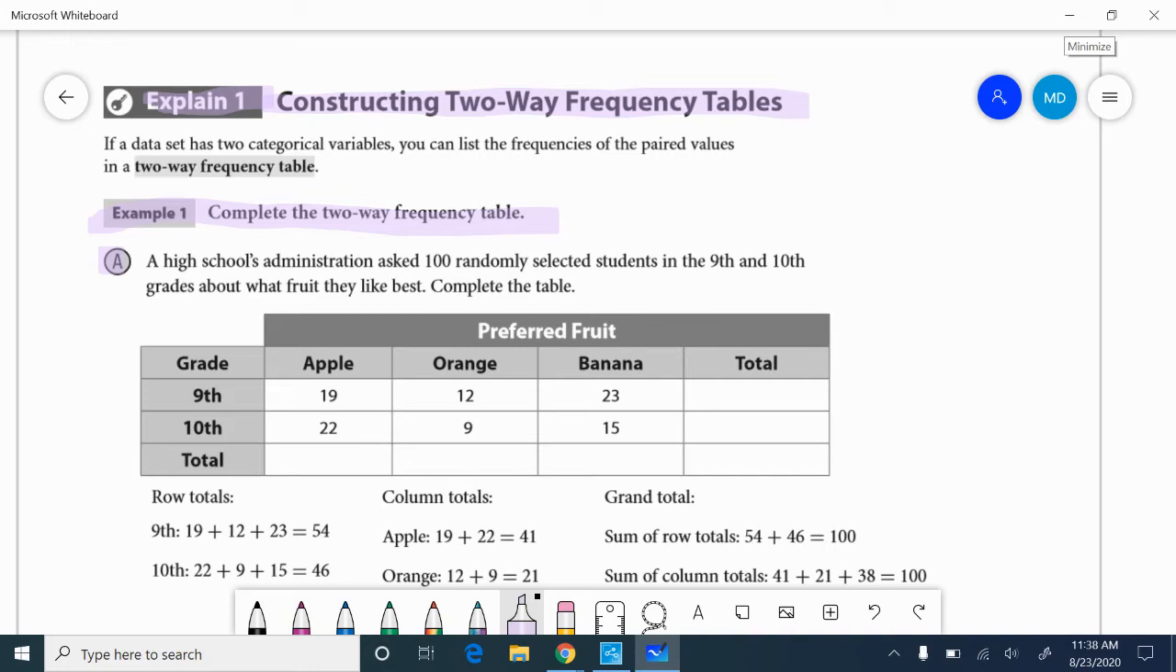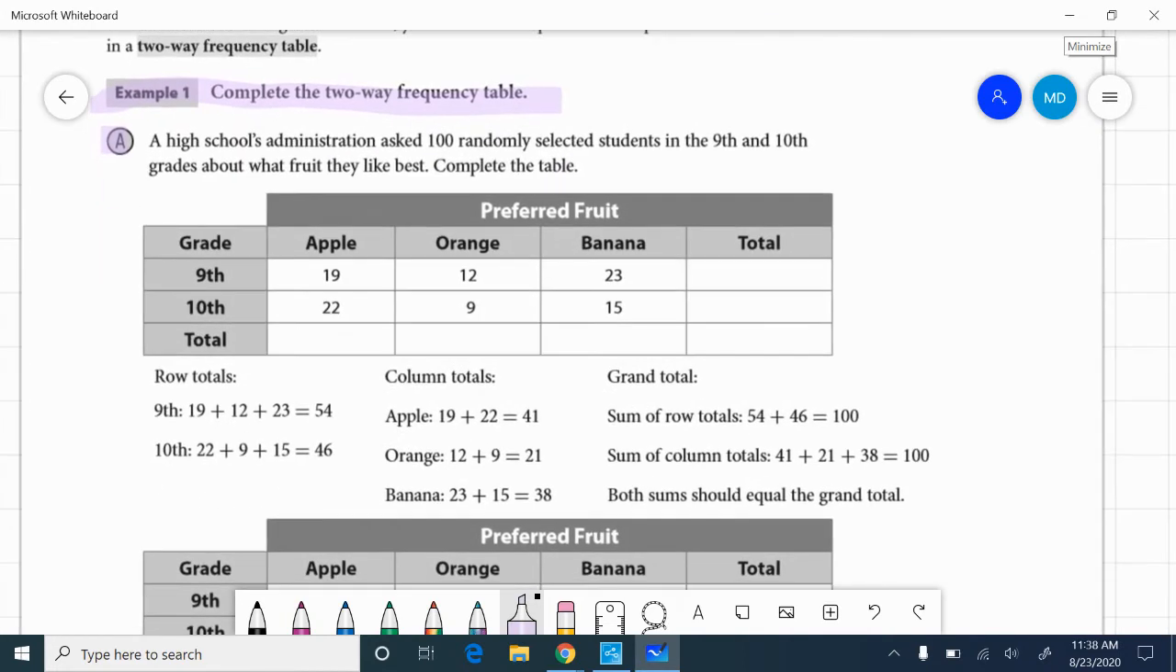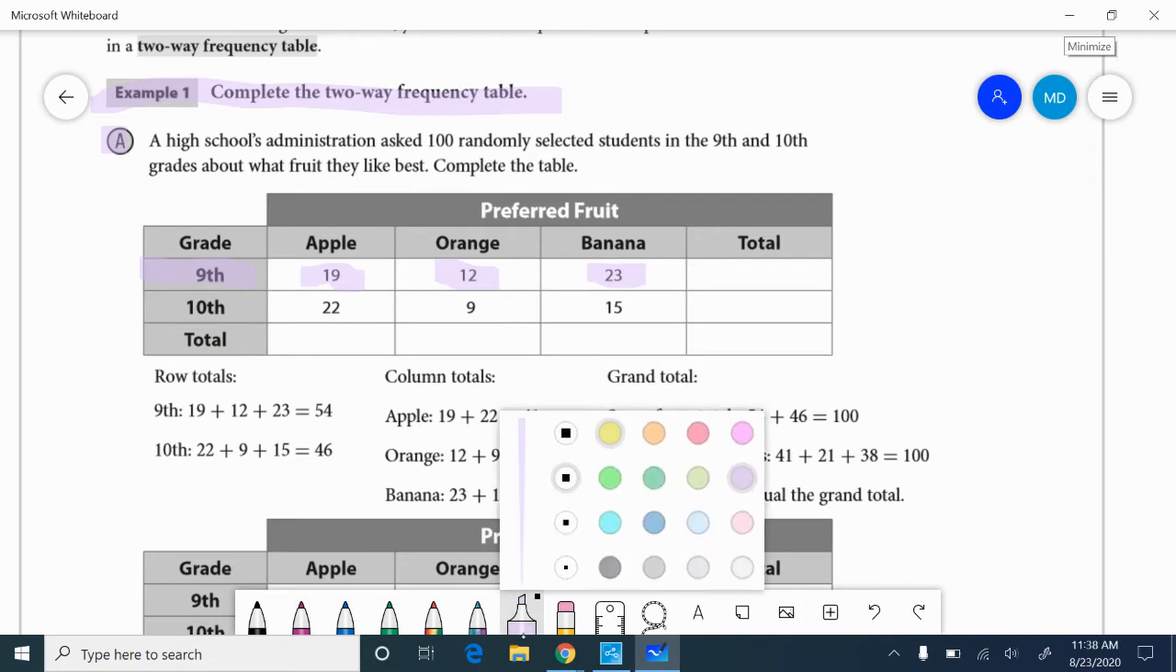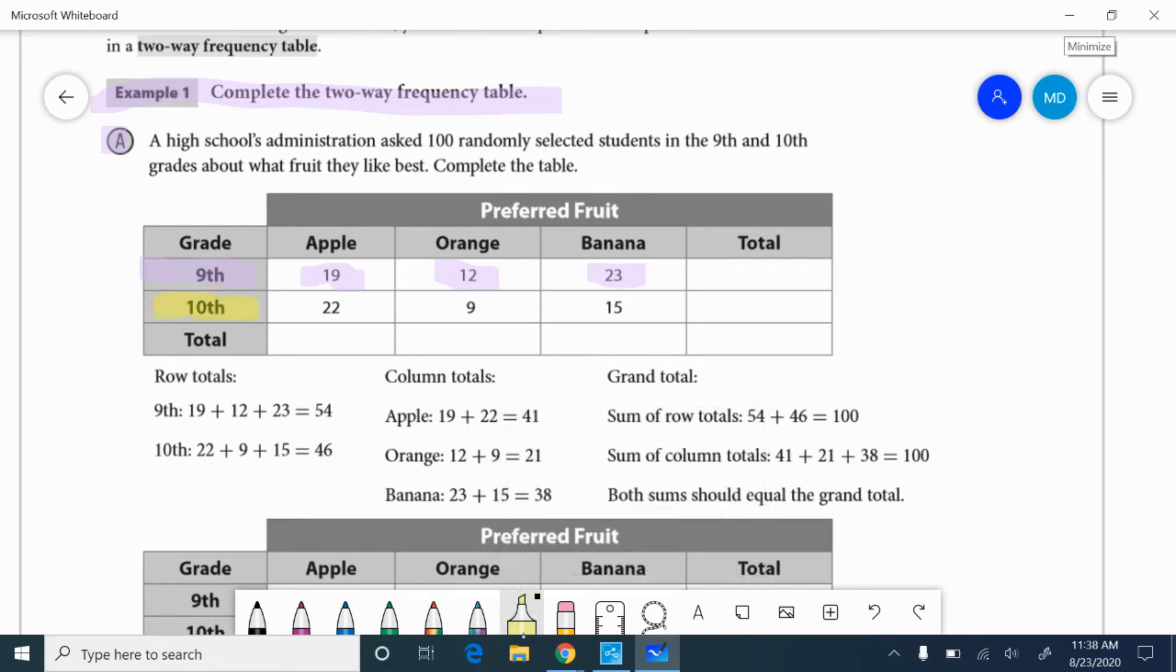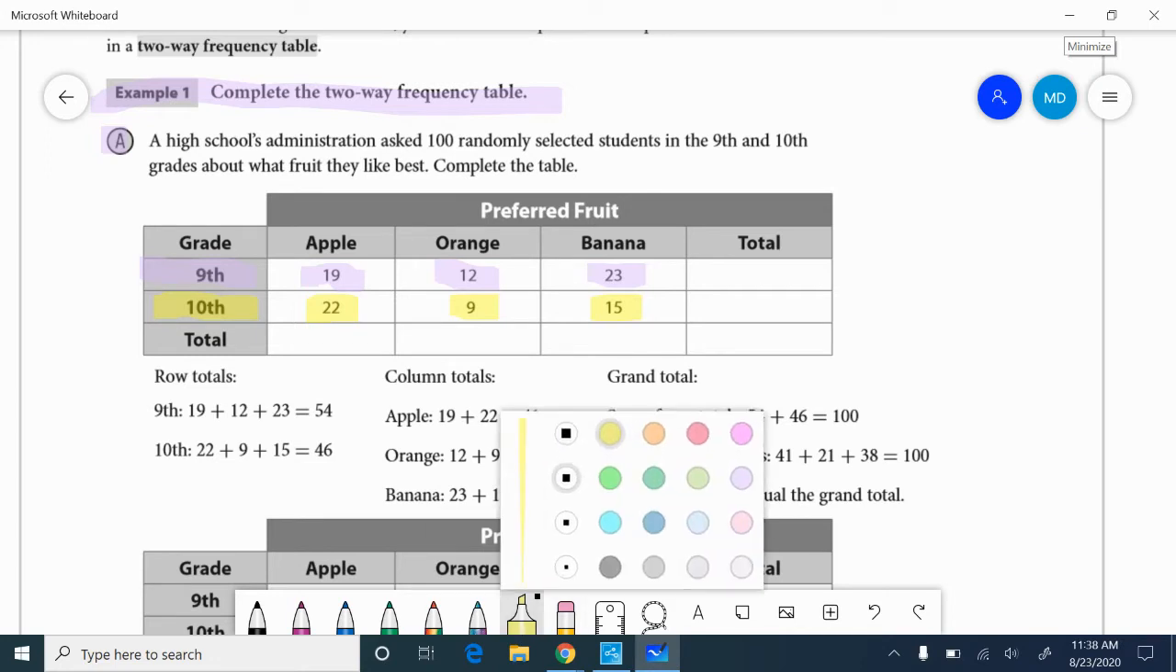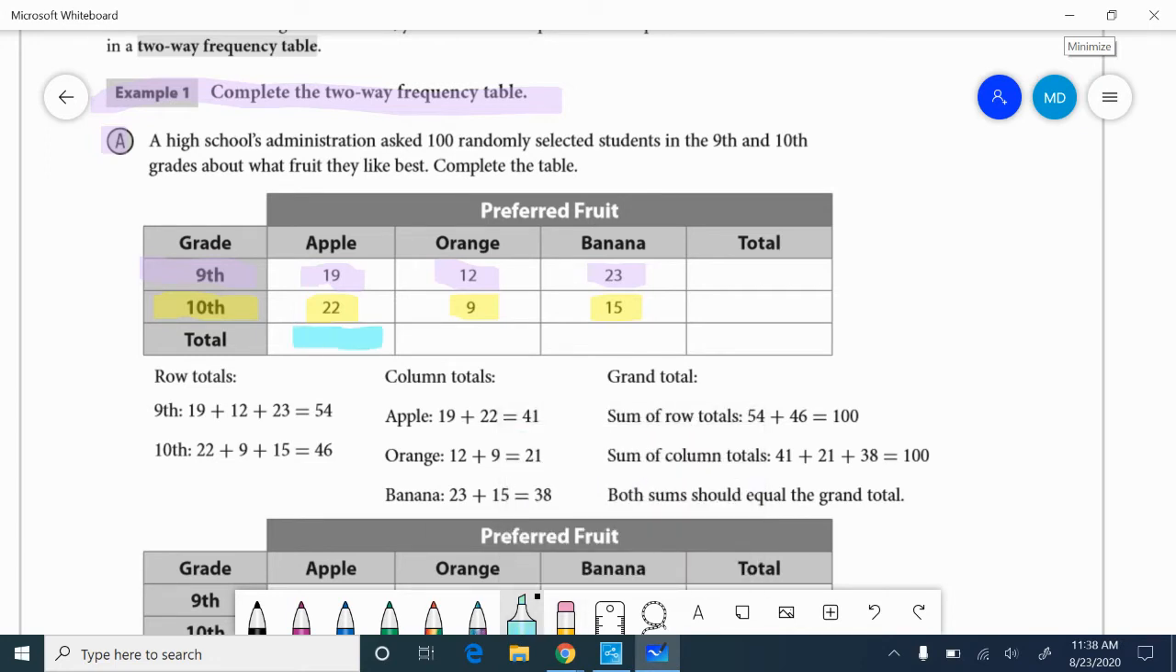Complete the table. So looks like for 9th grade, we have 19 kids that like apples, 12 like oranges, 23 like bananas. As we move on to 10th grade, 22 like apples, 9 like oranges, and 15 like bananas. So we have all our data filled in, but then we are going to be able to fill in these total areas. Okay, so the totals